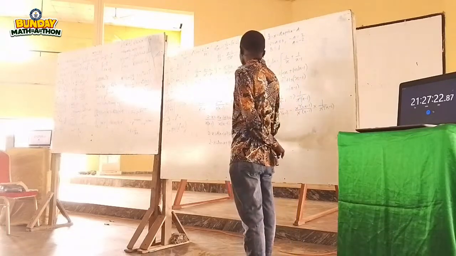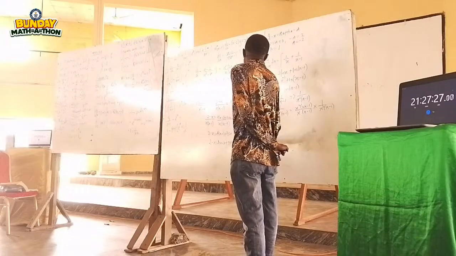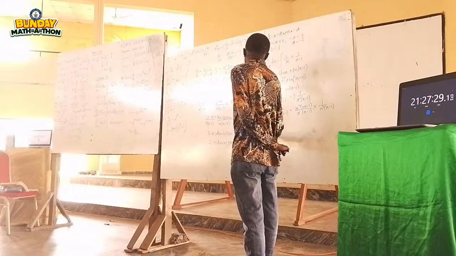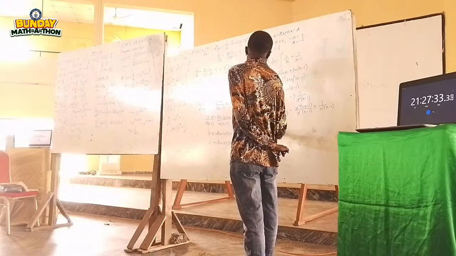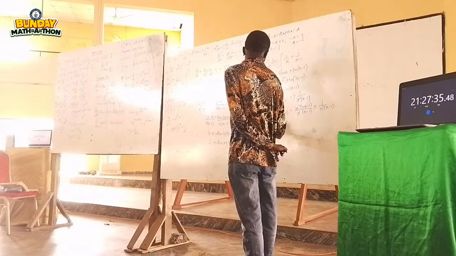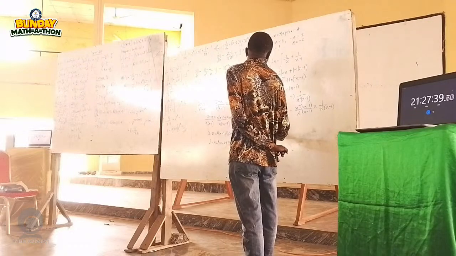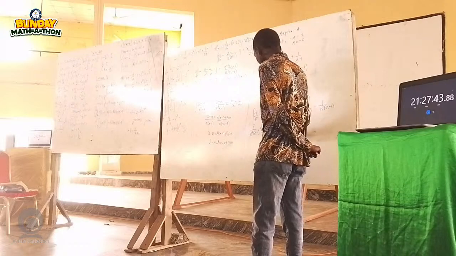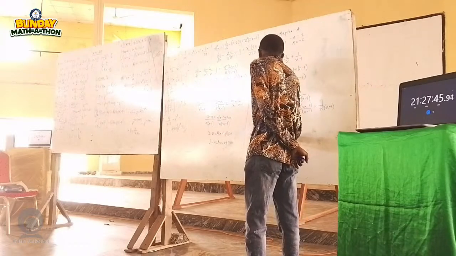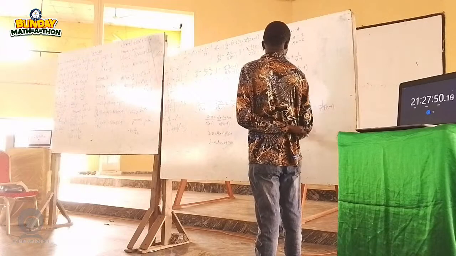Then if I open this bracket, I have 1 over x squared times x minus 1 dy dx minus x minus 2 over x cubed times x minus 1, which equals, with x squared cancelling,